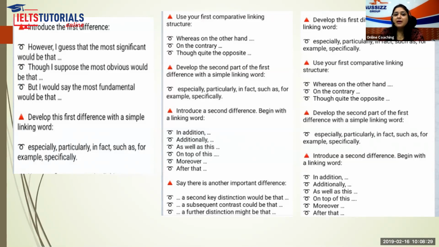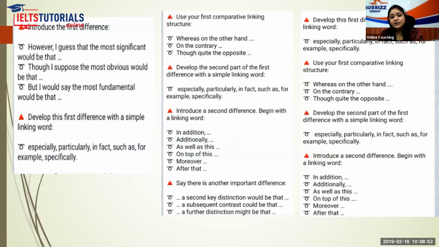Use your first comparative linking structure. If you're comparing, you have just mentioned, like, "I guess the most significant one is that." Whereas, on the other hand, on the contrary, though, quite the opposite. Okay. Develop the second part of the first difference, like especially, particularly, again, after you have developed the first part,